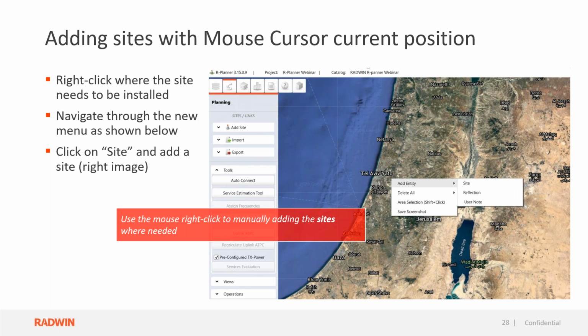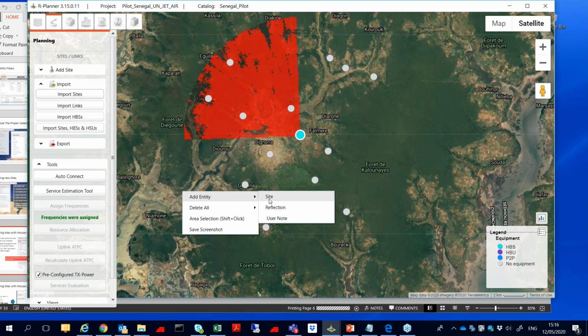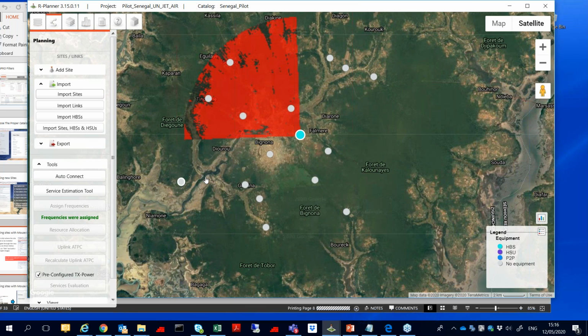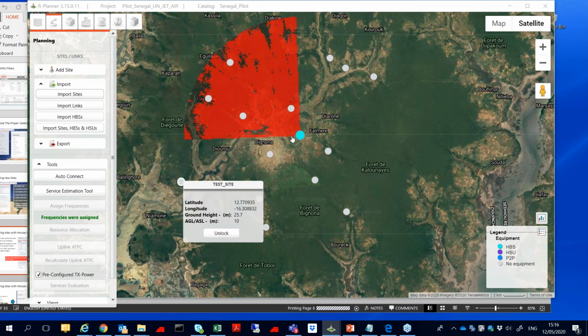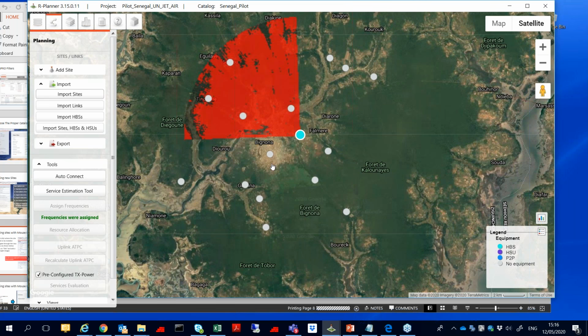Use the mark, right click, to manually add the site where needed. So I can do it manually, even by right click, and add a site. And again, I can check the profile of the link. I can see that I can get 0.9 Fresnel clearness with this link. I can add it to the base station